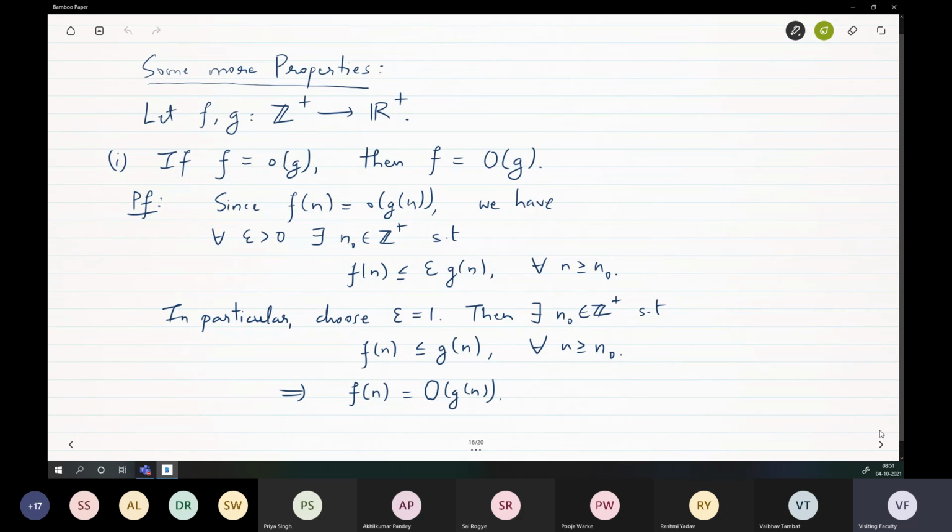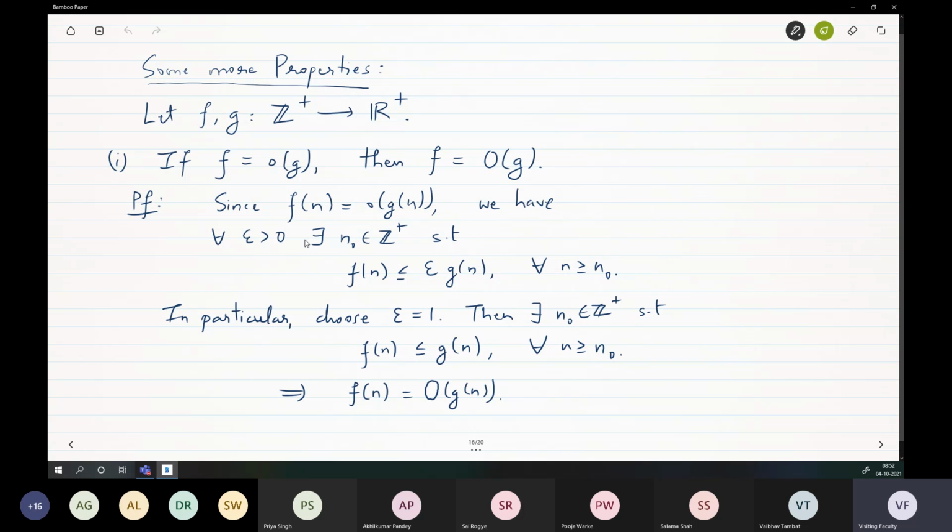Okay, so now the first, this is what we were looking at even before, but we are writing it down more clearly now, which is, well, little o is stronger than big O, right? What does f equal to little o of g say? G grows strictly faster than f, therefore g grows faster than f, therefore f is big O of g. Right? G grows strictly faster, which means G grows faster. So if f is little o of g, f is big O of g. And that's the proof here.